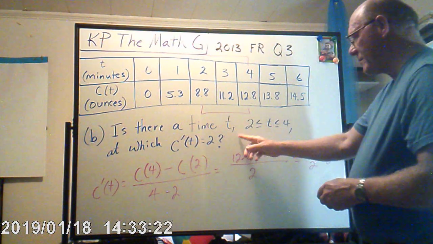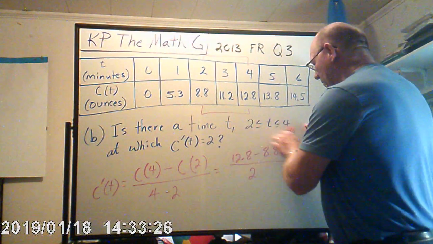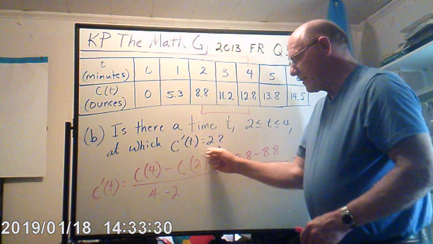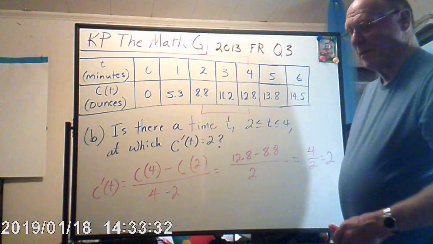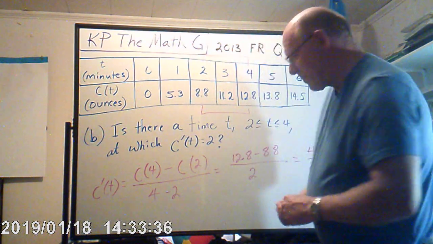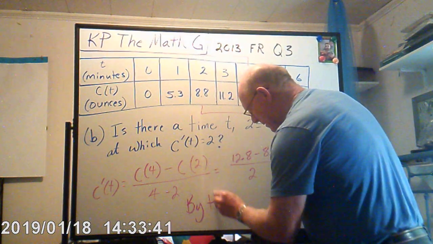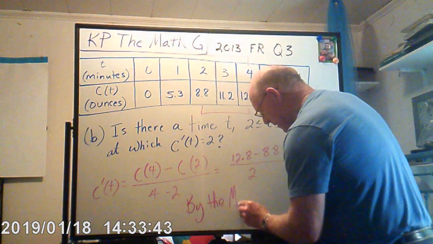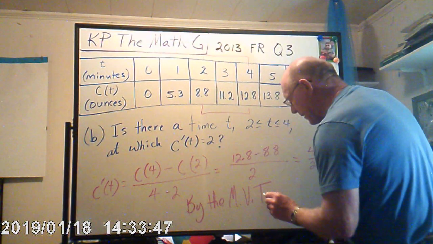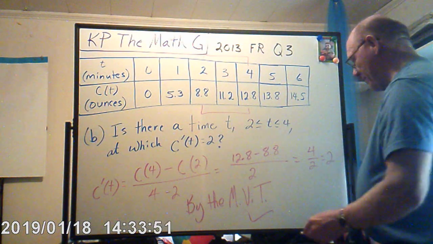Is there a time t somewhere between 2 and 4 at which C prime of t is equal to 2? Well, ladies and gentlemen, if you thought of the mean value theorem, you are absolutely correct. By the mean value theorem, there is at least